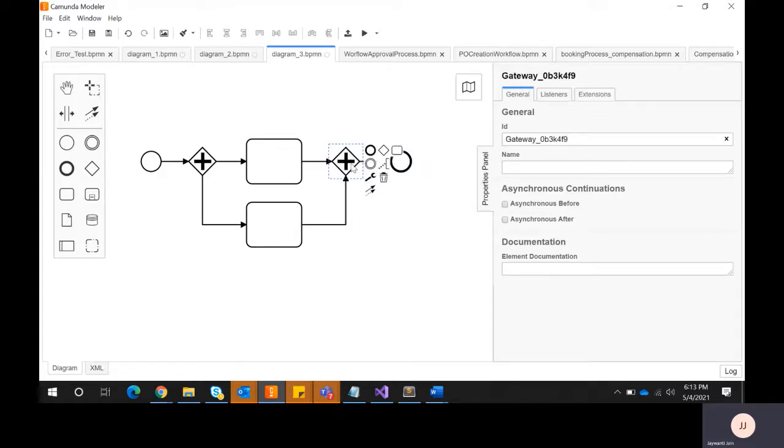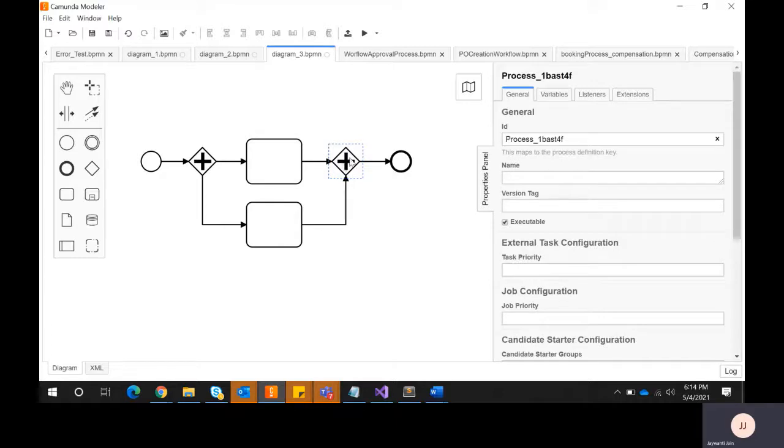So what happens with a parallel gateway? Whatever execution happens up to here, it will wait over here, and once it reaches here, it will start executing the flows in parallel. It will call this API and, along with that, it will call this API. Once this API completes successfully, it will wait over here.